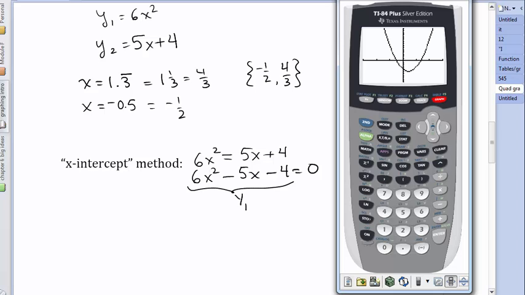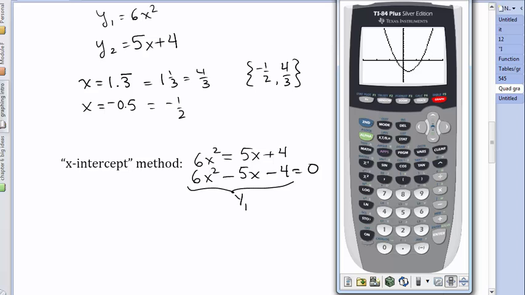So there's my parabola. And remember that when I'm using the x-intercept method, or the method where I make the equation equal to 0, I'm looking for where this graph crosses the x-axis. And I can certainly tell that this point on the left on my graph where it crosses the x-axis looks reasonable that that's the negative 1/2. And this one over here looks reasonable that it's 1 and a little bit more, but I can't really tell what that fraction is. So let me show you how to get x-intercepts using your calculator, if they're not nice